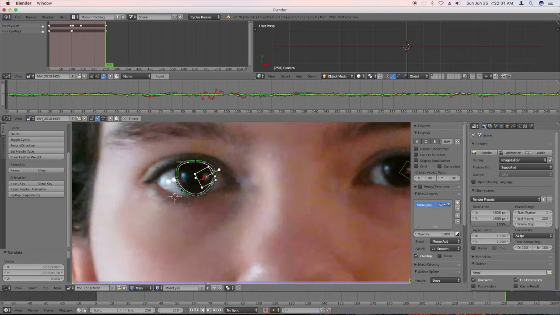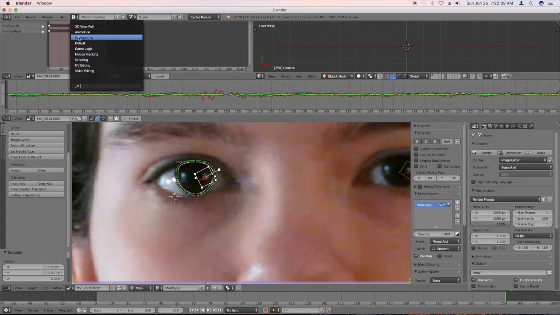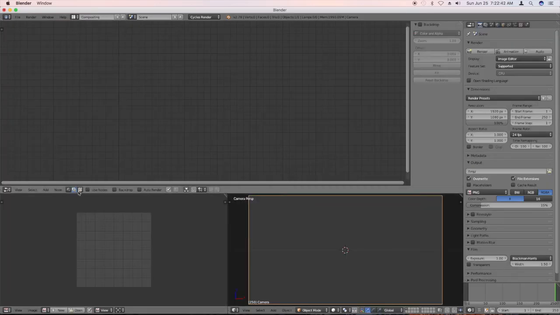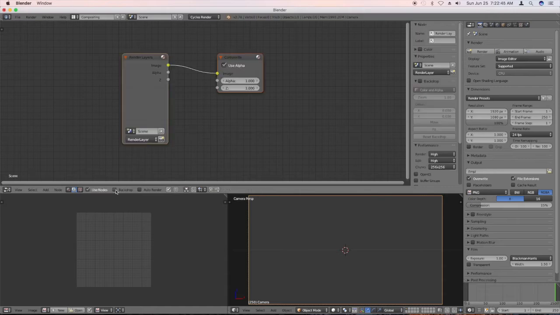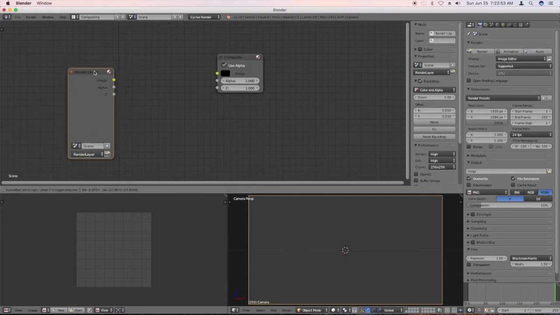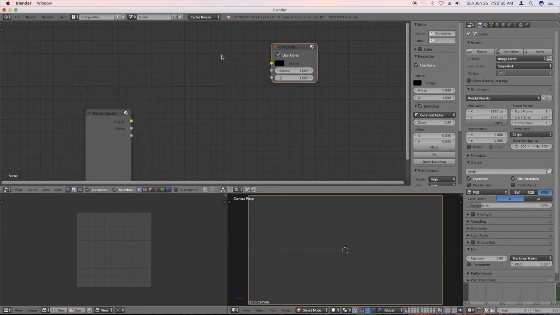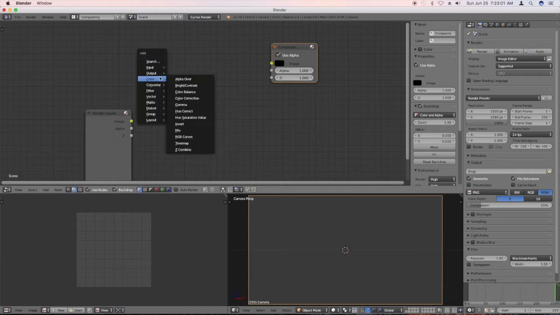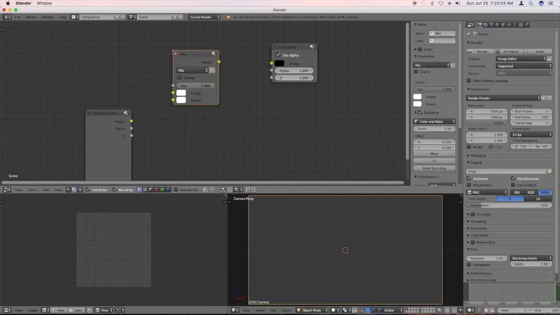Alright, so what we're going to do is we're going to set up this mask really fast in the compositor. That way we can see what it looks like here. So I'm just going to go to the compositing part here. Hit use nodes, backdrop, you know, the usual stuff here. Alright, so we don't need render layers right now, so I'm going to hold down control and just cut this. What we do need is color mix node, and we need to plug that into here,